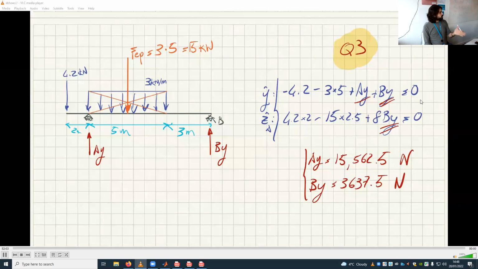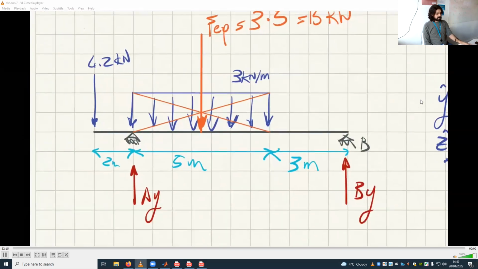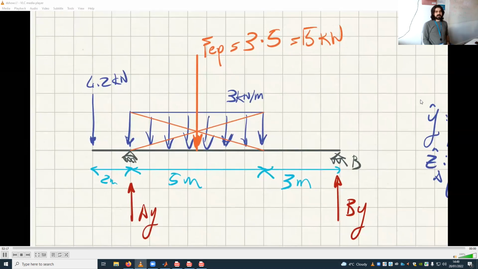Now, how do I draw the shear force and bending moment diagram of these? I need to find the internal forces. How many segments do I need to study this beam? Remember, cut, look left, cut, look right. So I had one student telling me 2 segments. Is this correct or not? Remember how to find how many segments you need? So from here to here,